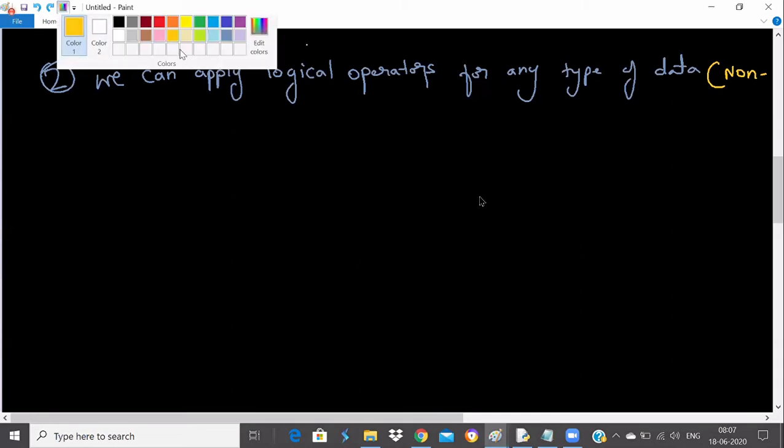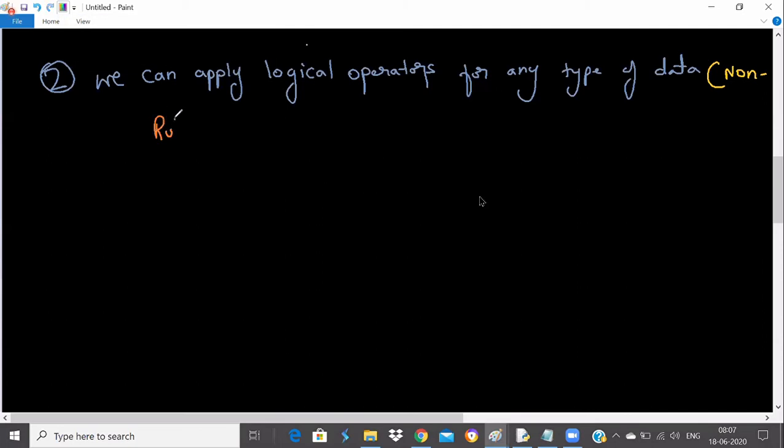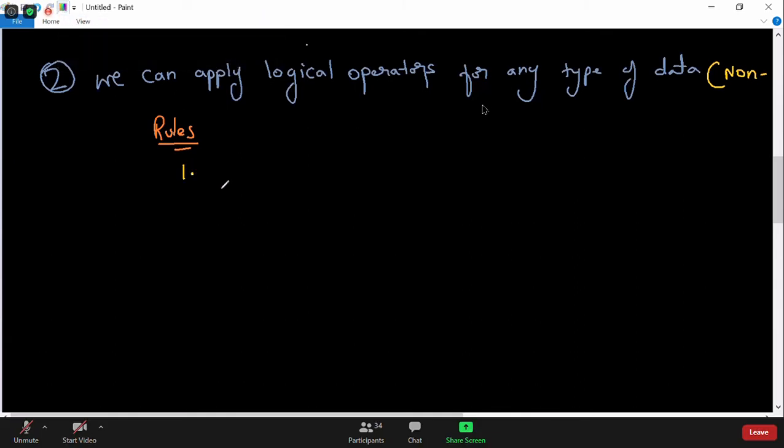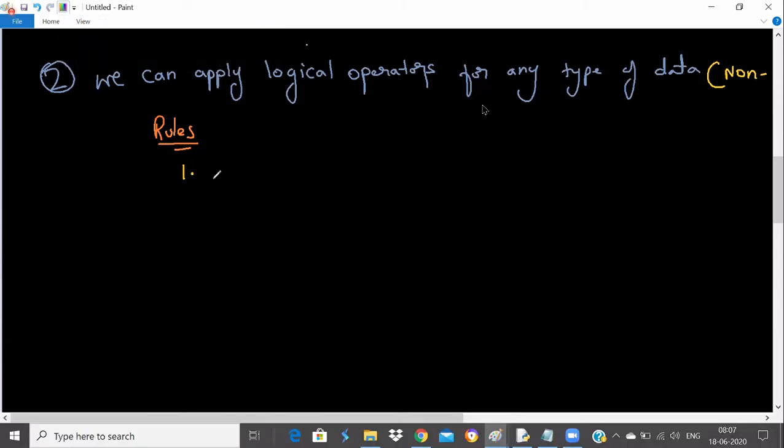Let me talk about all the rules here. The first rule, what you said, is 100% correct: in Python, zero means false.